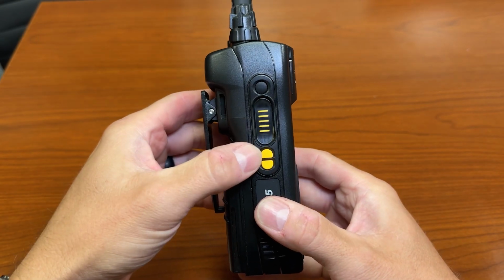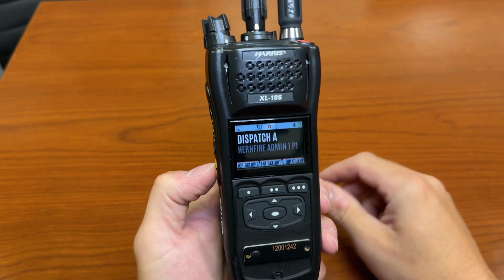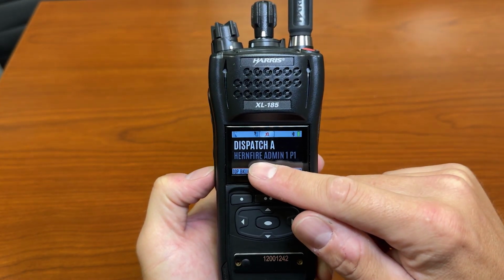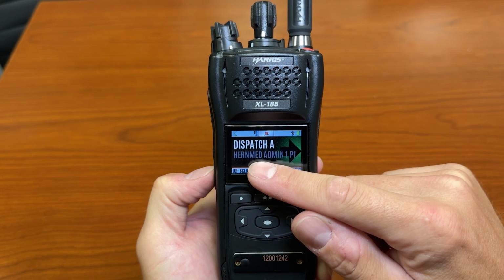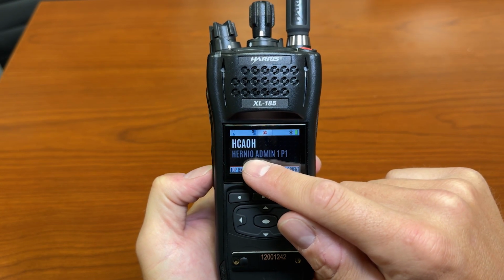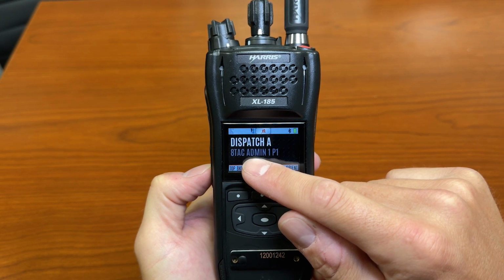Your PTT, like I said, these are your zone up and down selectors. So we're currently on Hernando Fire, delineated here. If we go up, it's going to be Hernando Medical, which is zone B, Hernando IO, which is zone C, 8 TAC, which is zone D. Then you're going to get into